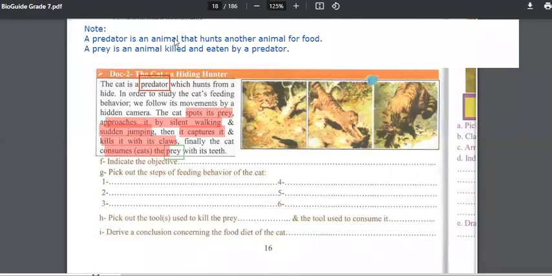So right here, in the last part of this question, they asked us to derive a conclusion concerning the food diet of the cat. The cat is a carnivore. Right here, we do not justify as this is a conclusion. All you need to do is to write, we conclude that, since this is a conclusion. Okay, now let's move to